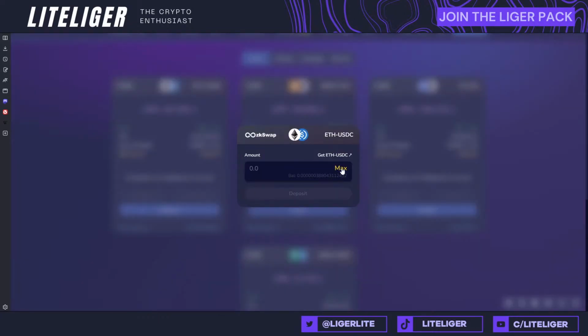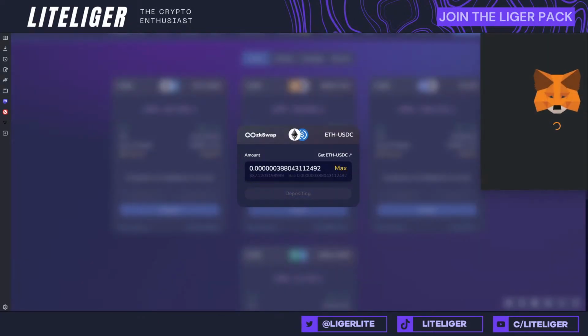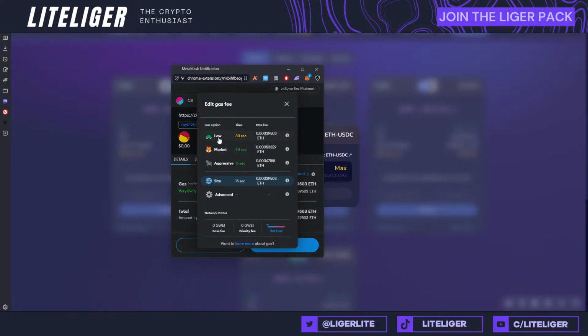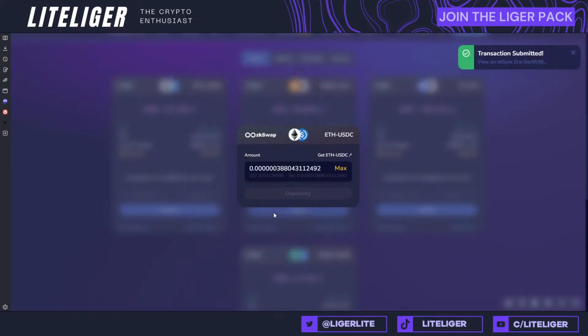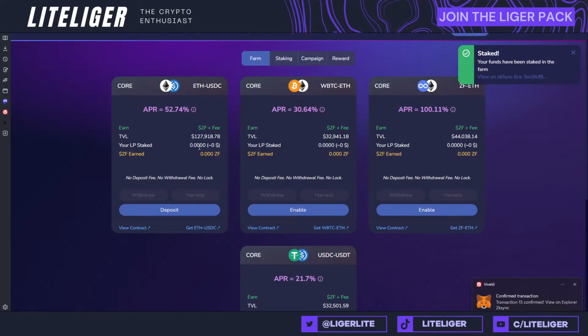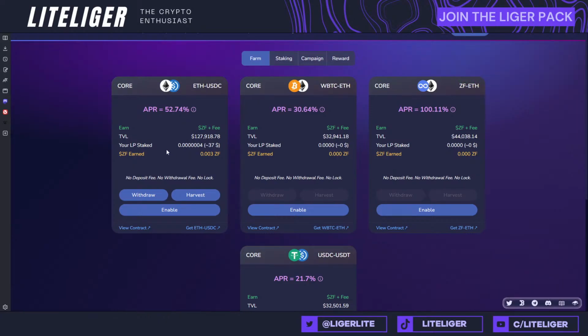So that's good. Now we are putting in $37 of liquidity, with low transaction cost. When doing these very small sums of liquidity, there's probably going to be impermanent loss. So you want to do USDC, USDT probably, but you don't always find the best pairs for that. And the volume is not as high, and usually that's why they don't have great rewards either. So we are going to be getting APR here right now, and we are already making some ZF. So that's good.